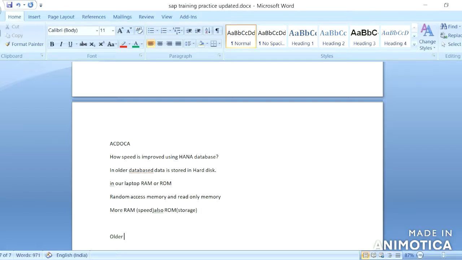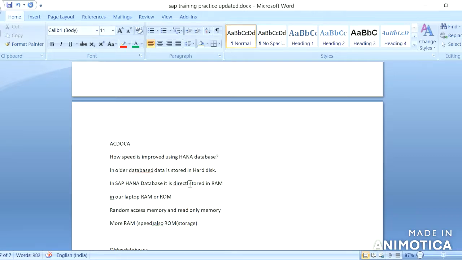In older databases, as I said, it is stored in hard disk. In the SAP HANA database, it is directly stored in RAM.